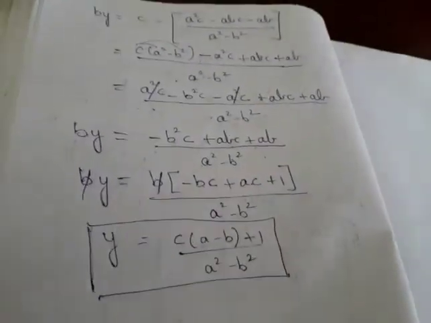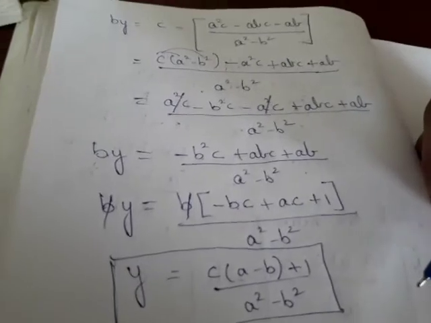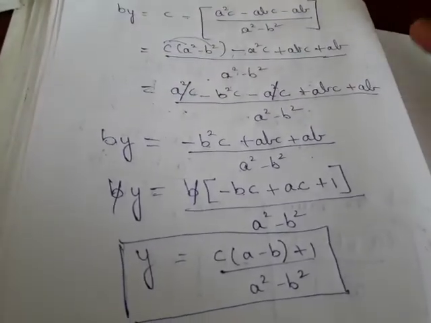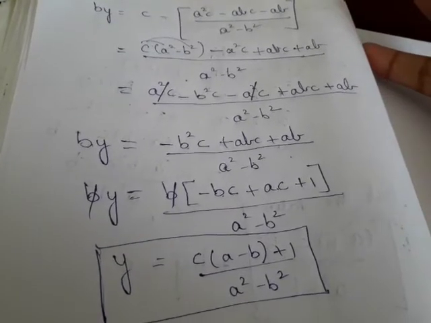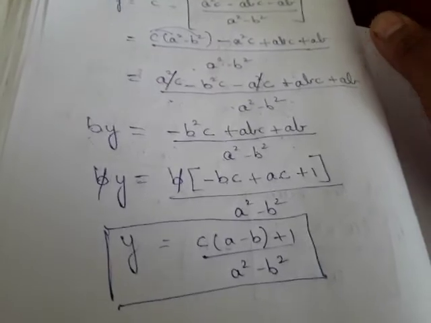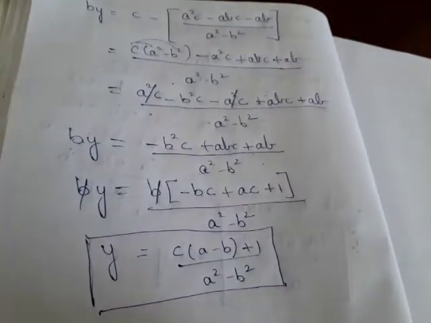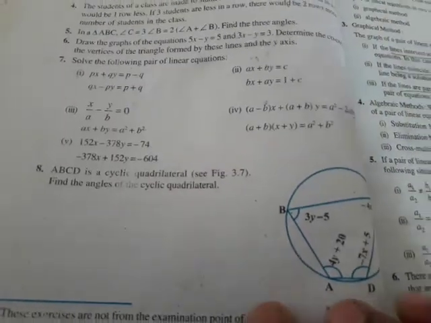The calculations may look complicated, but if you do it slowly, you can arrive at an answer. Don't solve these problems in a hurry, because it involves all variables. Even the constants are given as variables a, b, c. But you undergo the same procedure that you would when you have number coefficients, right? Hope you understood. If you do it slowly, you can solve this problem easily, right? Now let us see the last problem.